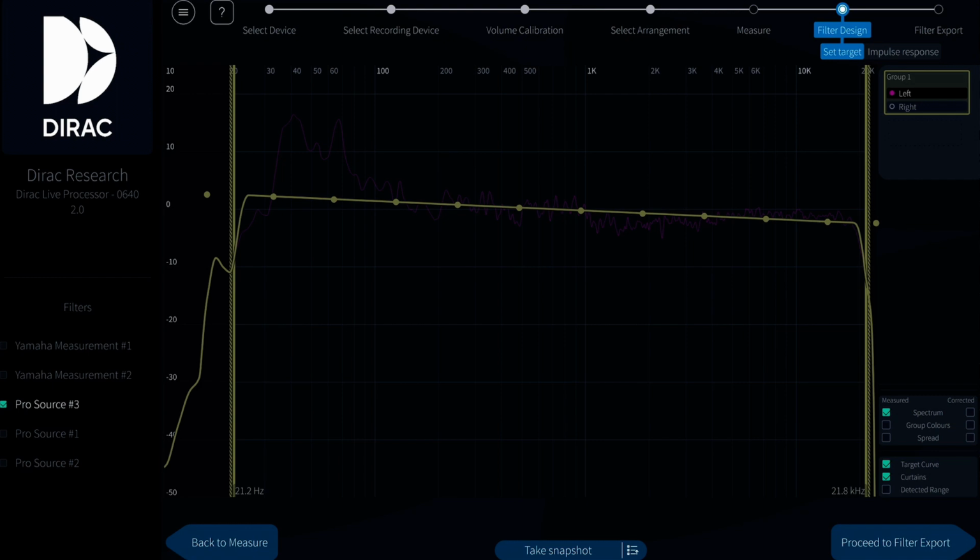Filter design is one of the most creative parts of DIRAC Live, allowing you to make your speakers sound any way you want. But there are simple ways to always make a customer's speakers sound their best. Users tend to think that the default target curve lacks low end. You can easily dial in your preferred sound while maintaining the DIRAC Live correction by adjusting the target curve in